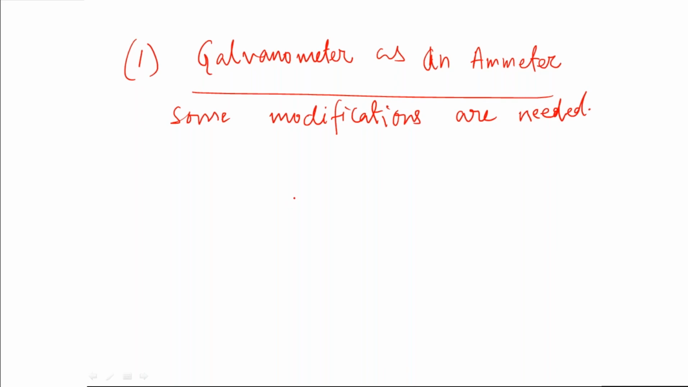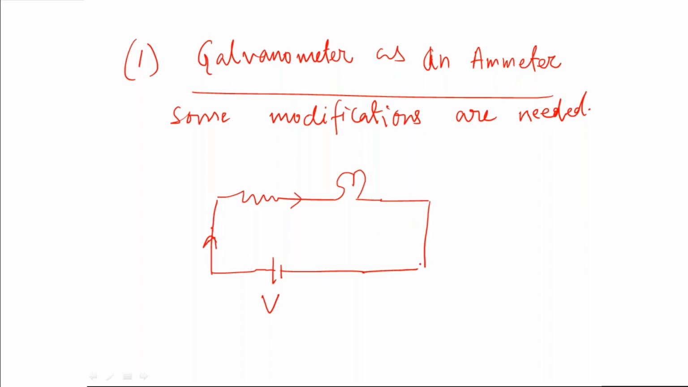Suppose I have a battery. You have learned the electricity part in the third chapter. So I'll just draw an arbitrary circuit. This is some battery, and current is flowing in this way. I have to measure the current in this circuit. Suppose this is R1, this is R2, some load resistance, and this is actually a bulb. I have to find out what is the current in this circuit by using